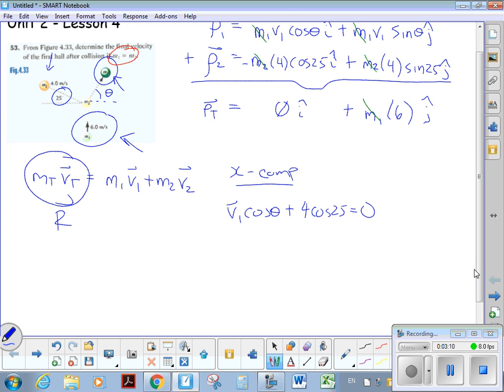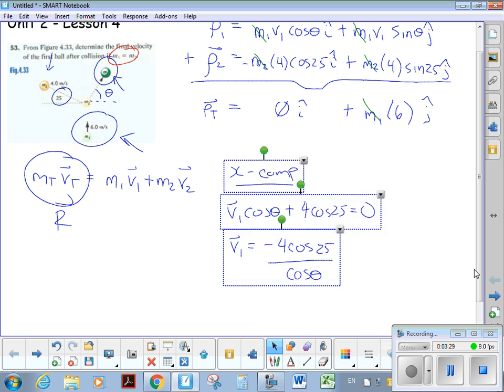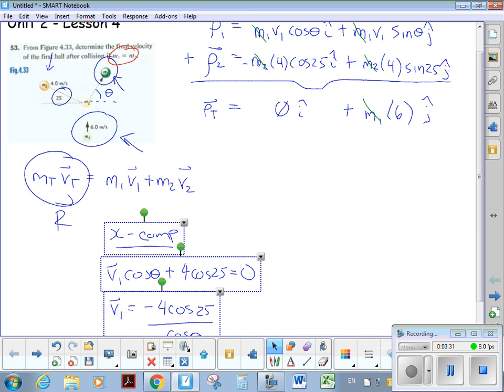So if I rearrange that a little bit, I can get that v1 equals negative 4 cos 25 over cos theta. So I still have two unknowns. So now what I'm going to do, I'm just going to move that down there,